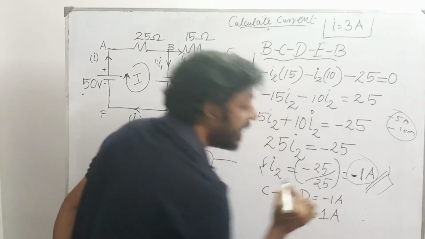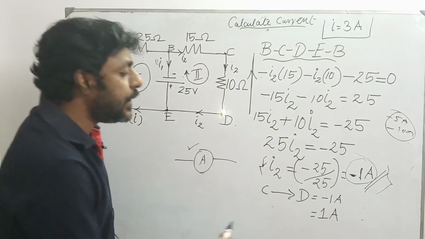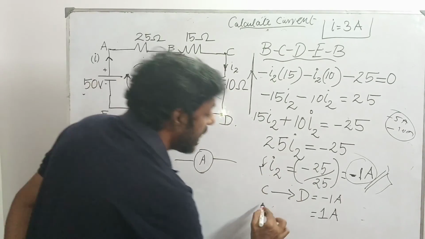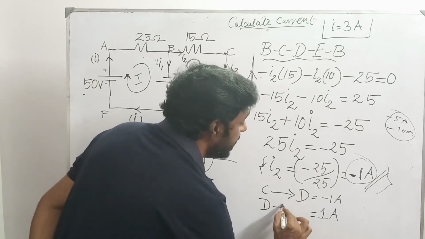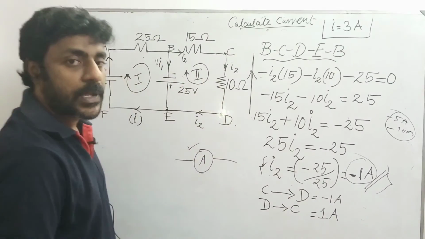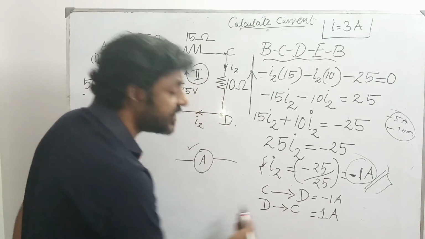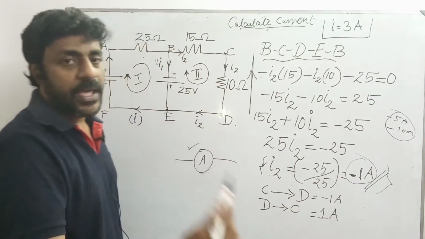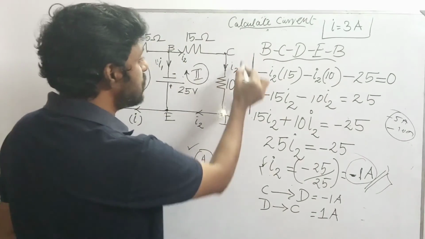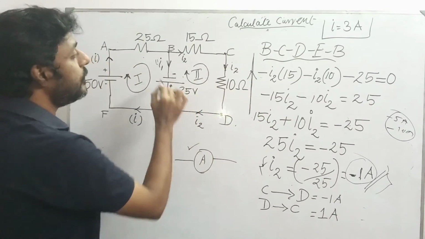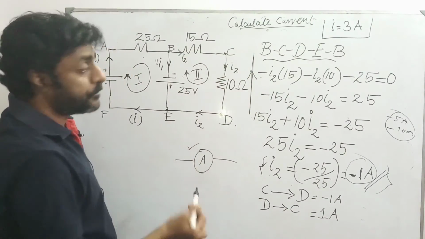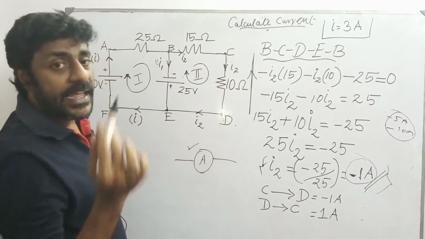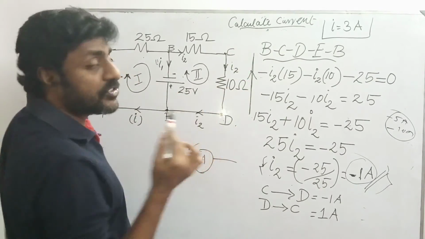So in order to get 1 ampere, we need to change the direction, and give a statement that the current flows from D to C instead of C to D. So I am changing the direction. Once the direction has been changed, the ammeter will be reading 1 ampere. So that is what happens over here. While assigning the current, I have assigned it in the opposite direction, from C to D. From C to D, the value of the current gives a negative value.